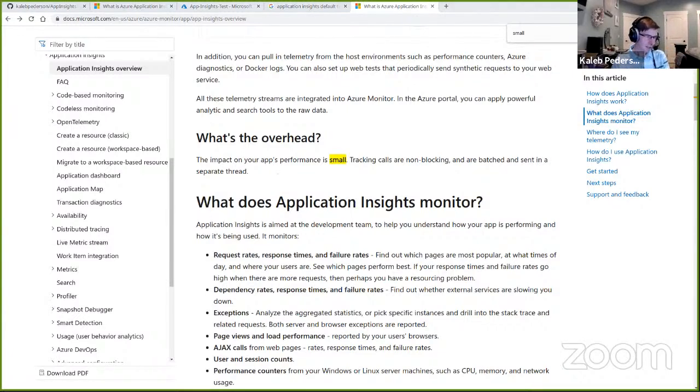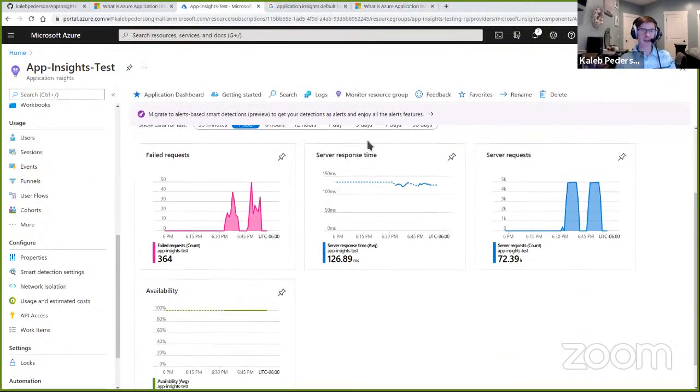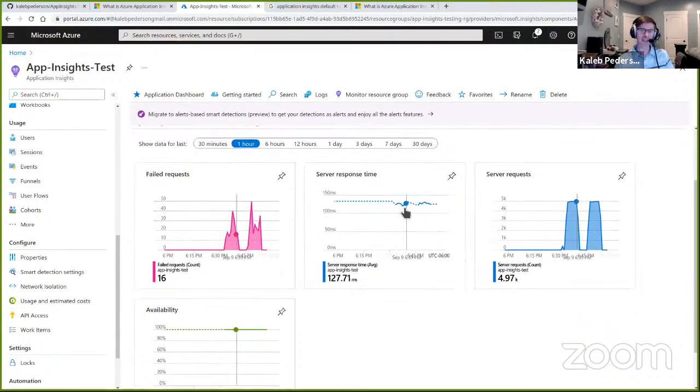Let's see. Okay, what would be the best tooling in Application Insights to build a developer dashboard for debugging application errors without requiring them to learn all of the Azure tools first? There's a couple of different aspects to that question that I would address. First, don't build a dashboard if you don't need to. Try to use the information that is here. If you can't find what you need,